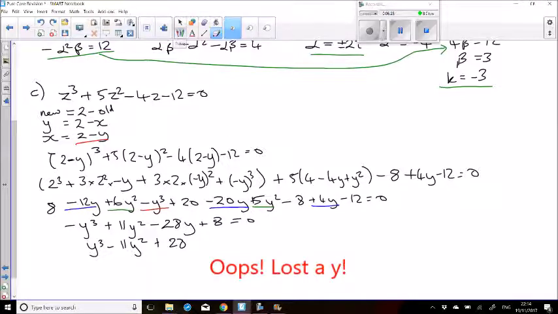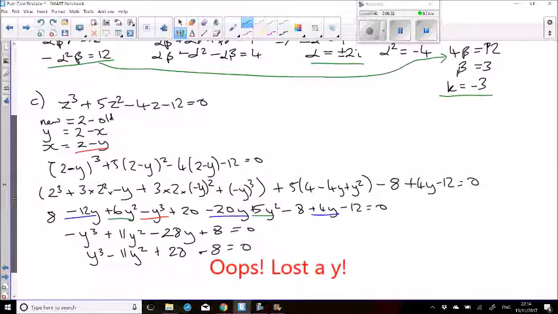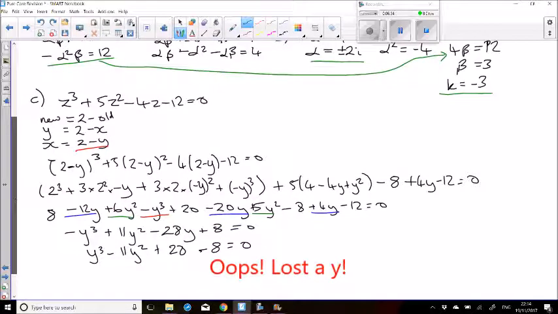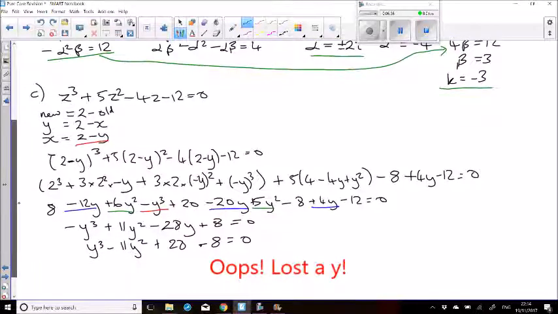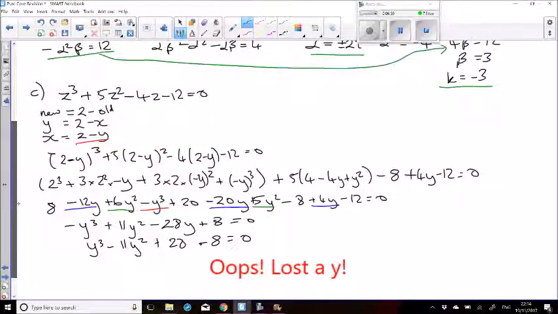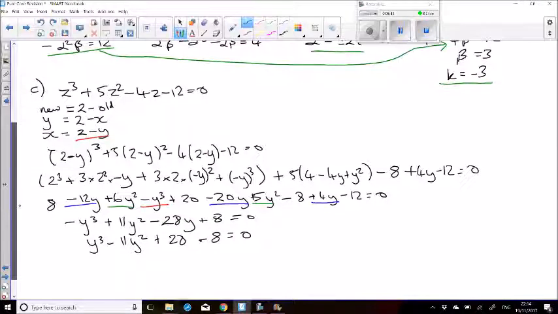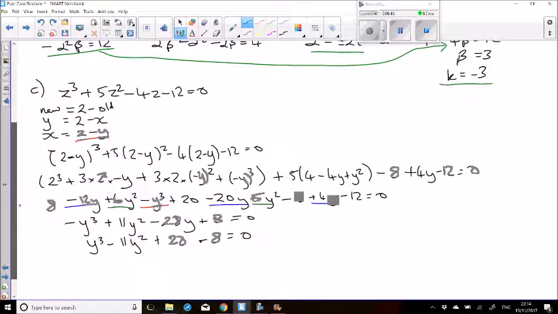Okay, so there's one method. In this case, that's probably slightly quicker than using the sum of the product and the sum in pairs of the roots,